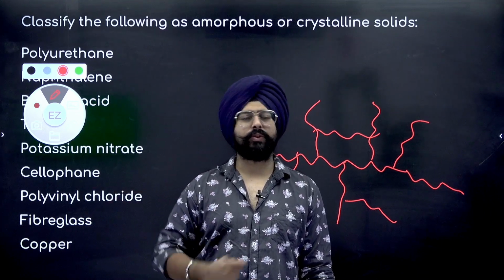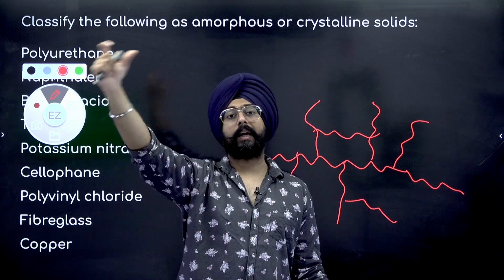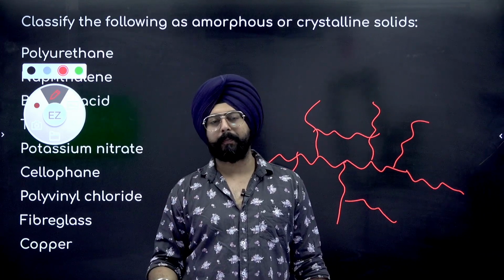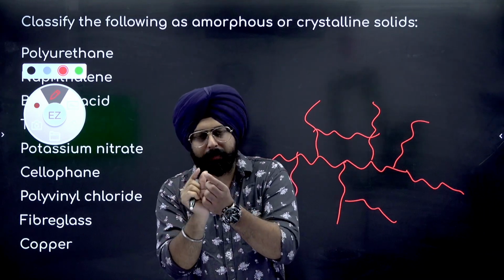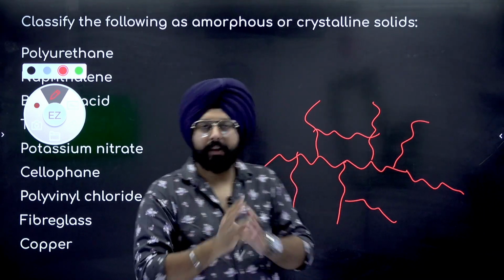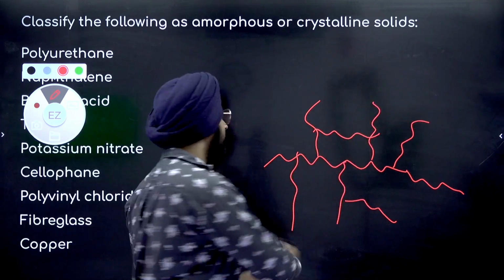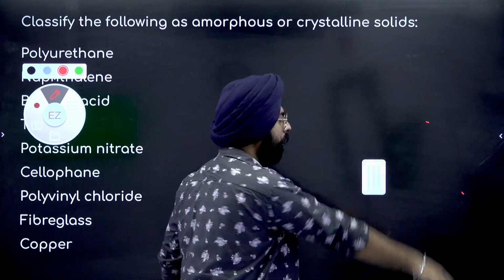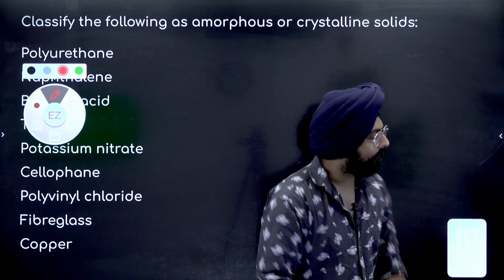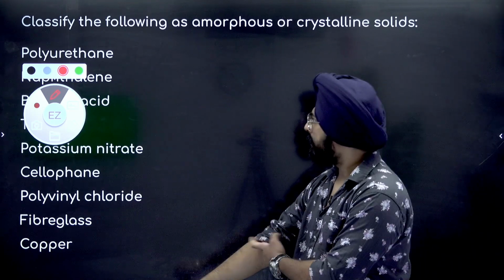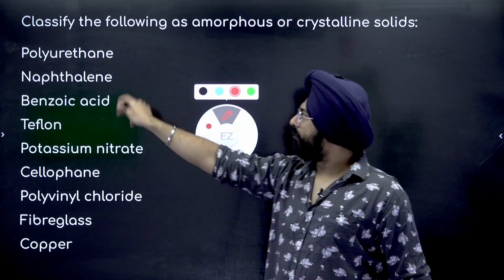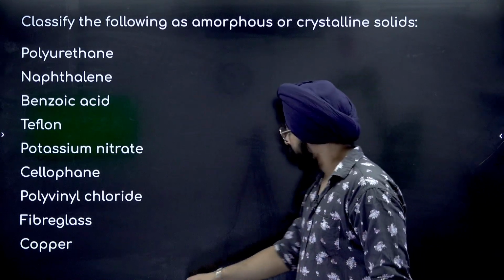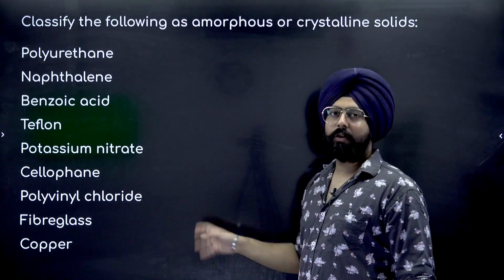Okay, very sophisticated processes have to be done to make crystalline polymers, and those are difficult. They have to be done in the laboratory, and only small fragments of crystalline polymers can be created. Over a long range, they are always going to be amorphous. You can read more about it on the web, and you can find some research papers on it as well. Okay, so the first 4 I have done for you. The rest you have to do on your own. How? I will tell you later, but please make sure you take a screenshot, note it down, whatever you want to do.